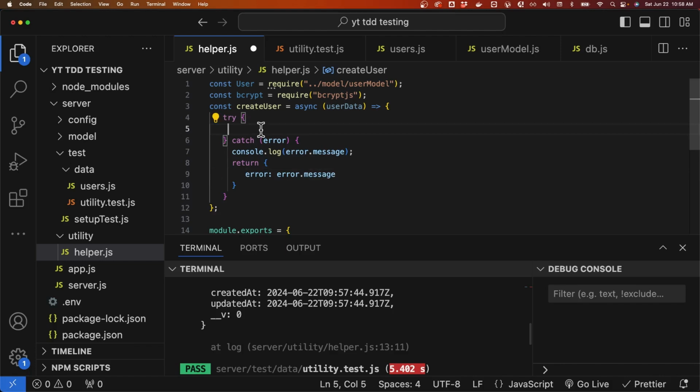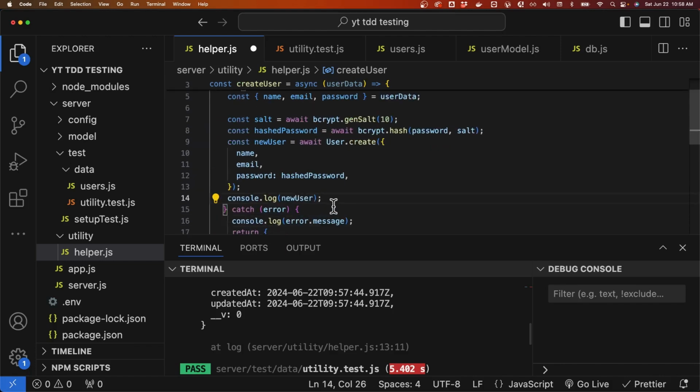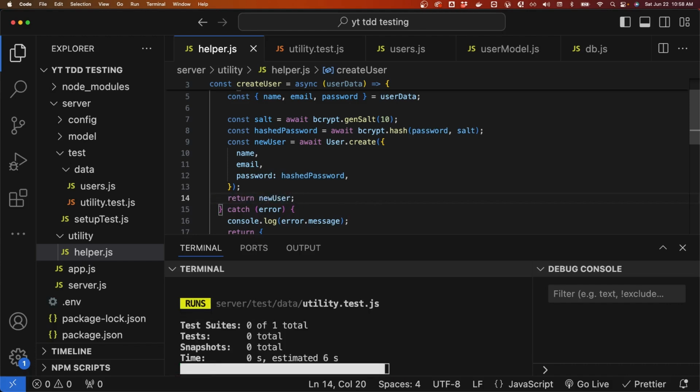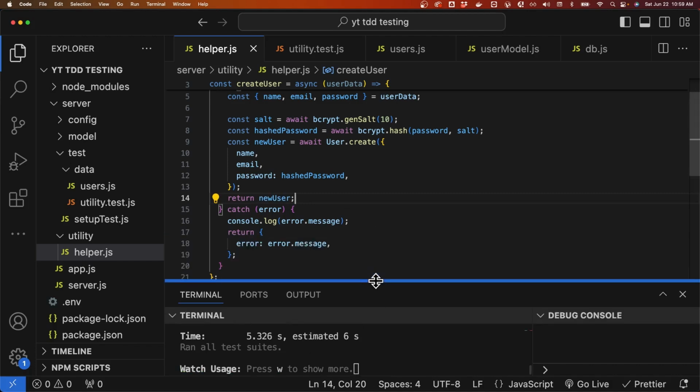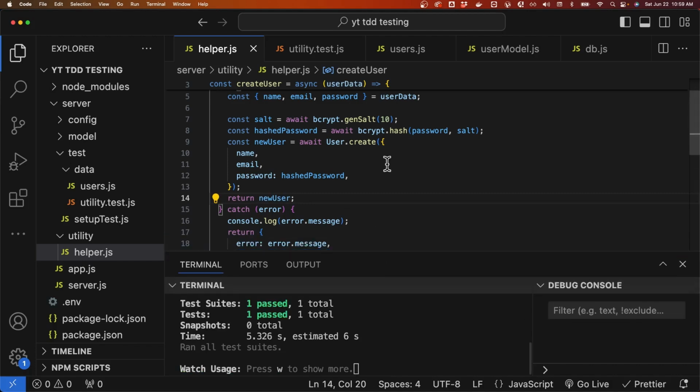Then let's paste in the created user code, and then if it is properly created, return a new user like that. All right, let's see. Basically that's the whole step in doing a test driven